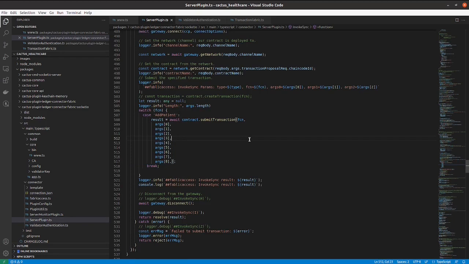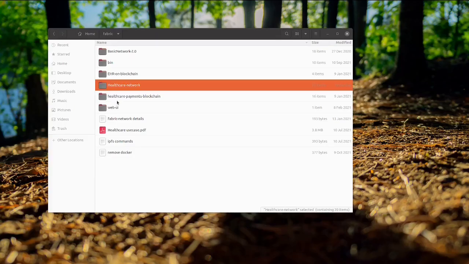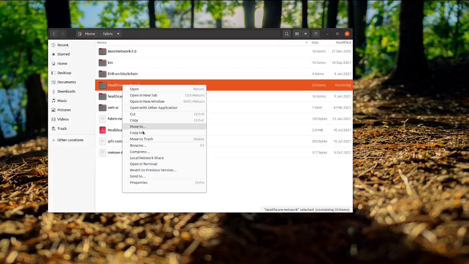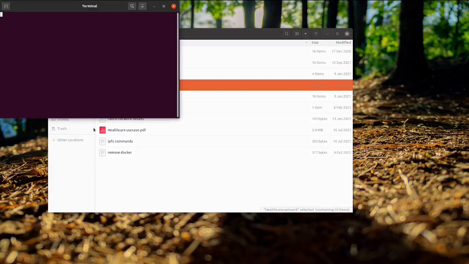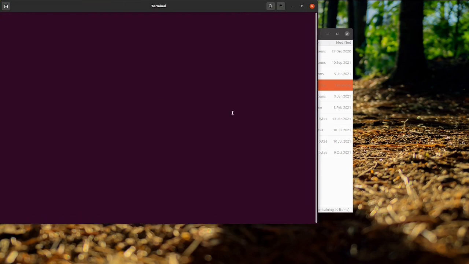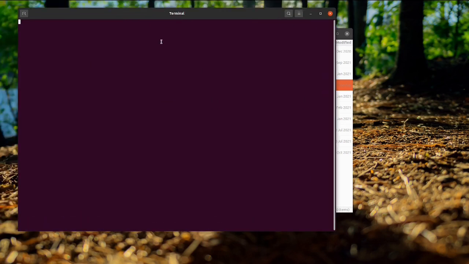Now let's go to the application and run the blockchain and Cactus services and see how it is working. My blockchain project is in this folder. Opening a terminal and giving commands to make the blockchain network up and running.